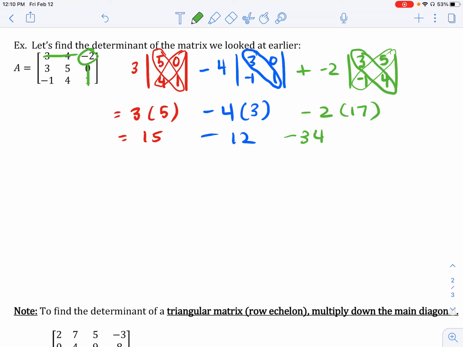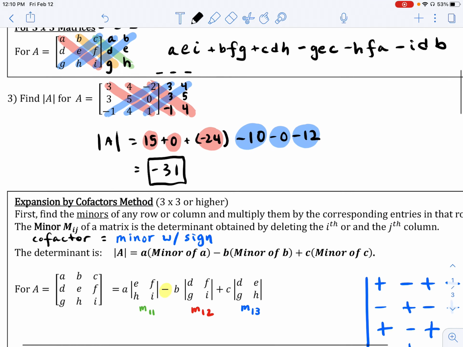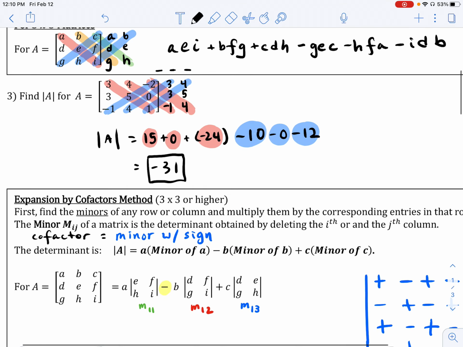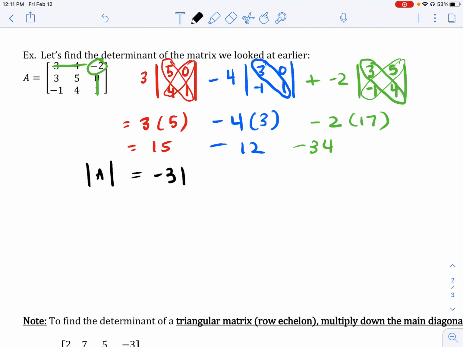So what do we have here? And I'll just write this out. We can say that the determinant of this matrix A is going to be 15 minus 12, which is 3, minus 34, that's -31. And that's exactly what we got previously in our problem here using the diagonals method. Now, clearly the diagonals method was probably a lot more time efficient, but on that note of time efficiency,